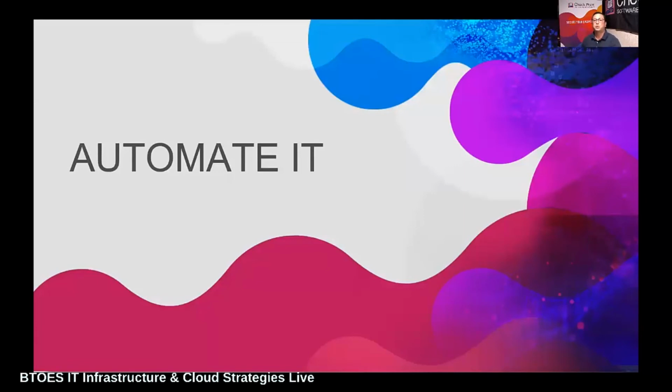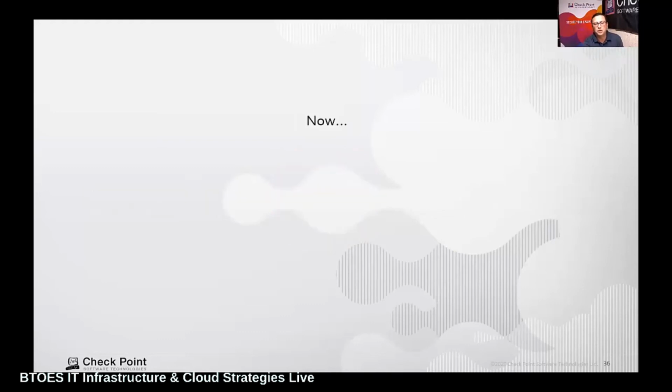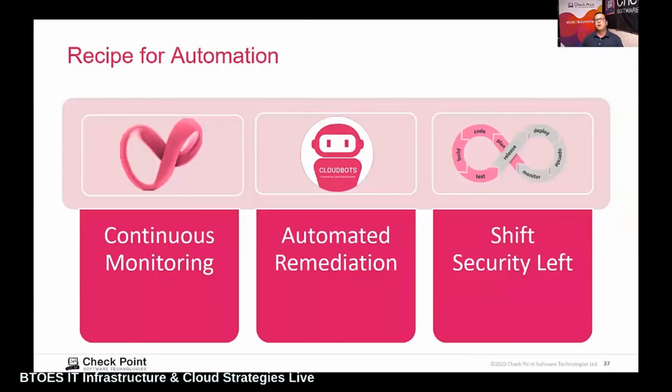And in every one of these environments, we're all trying to move faster. But how do we enable you to move faster and stay secure? Because it's not about moving fast or staying secure. Those days are behind us. We must move faster and we must stay more secure. As we mentioned, there is no one product or process that will take care of all of those functions. But the recipe for automation and orchestration really revolves around 3 key pillars. First and foremost, we must continuously monitor our assets. It sounds simple, but we have to be watching what's going on. Because the moment we take our eyes off of it,